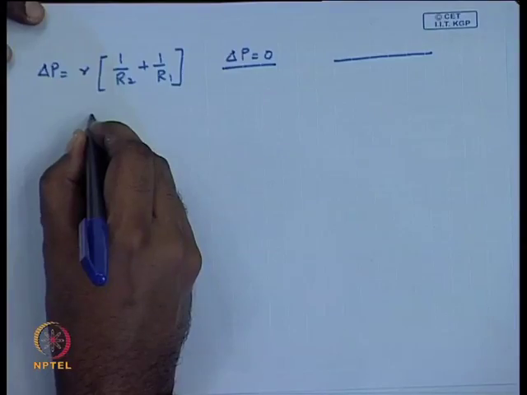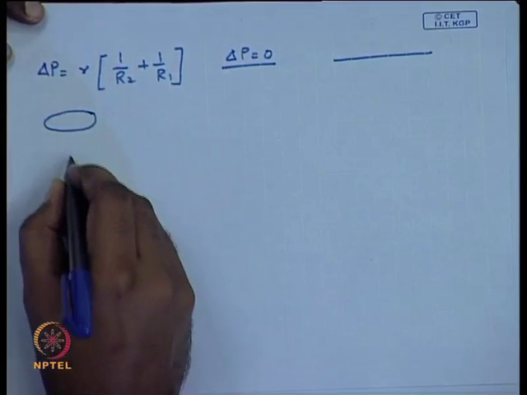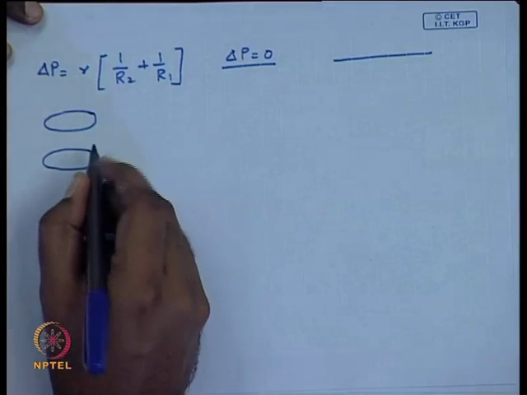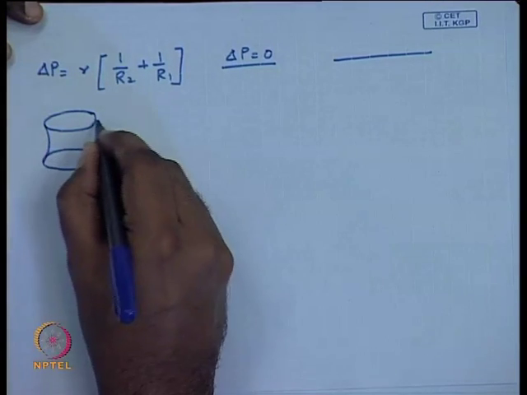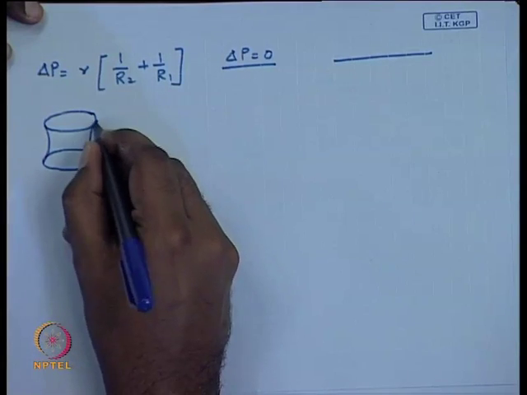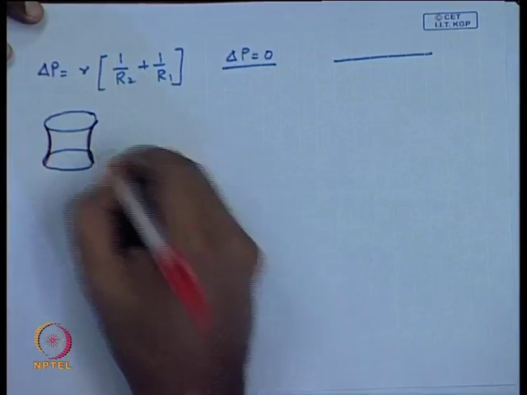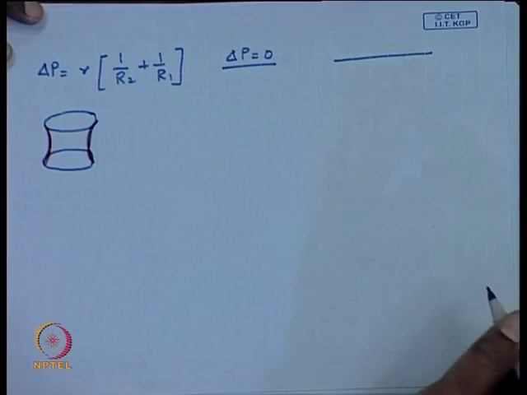Well, there are actually lots of examples. I will give you an example where you have a curved surface, but still delta P can be 0. It is a very simple experiment you can do, as children we sometimes used to do it. If you take two wire loops and dip them together in a surfactant solution and now detach them, you will see in many cases, if your detachment rate is not too high, that the surfactant solution is making a meniscus like this between the two wire loops. Okay. So, this surface is curved,